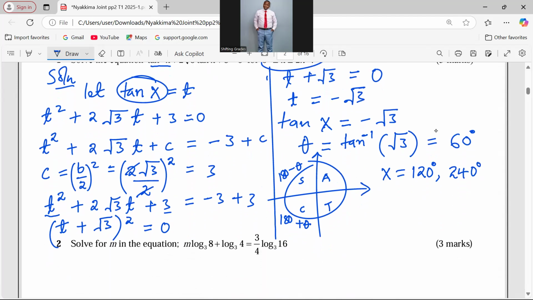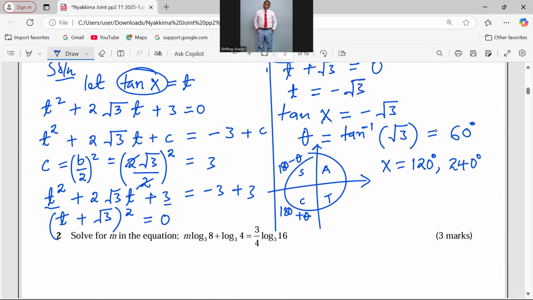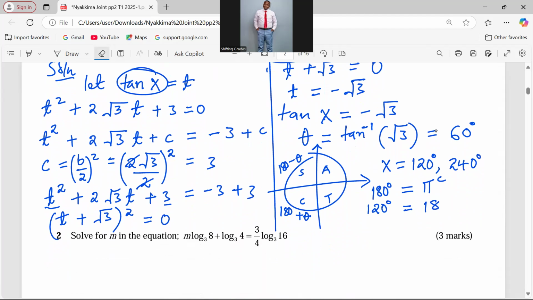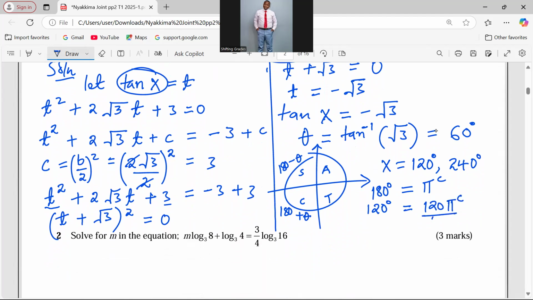So look at it this way, whereby we will say 180 degrees is equivalent to pi radian. What about 120 degrees? So 120 multiplied by pi radian divided by 180. So that will be the first angle. 120 over 180 is giving me 2/3